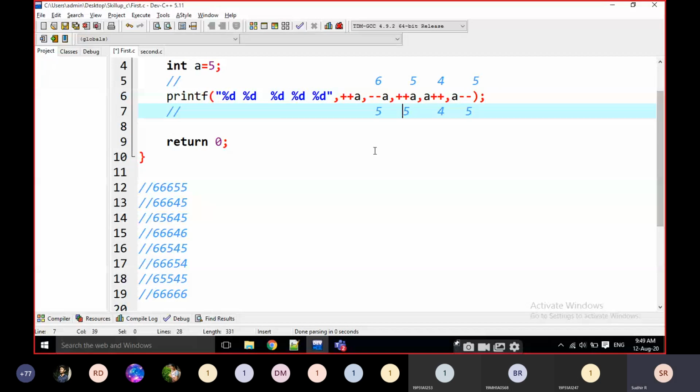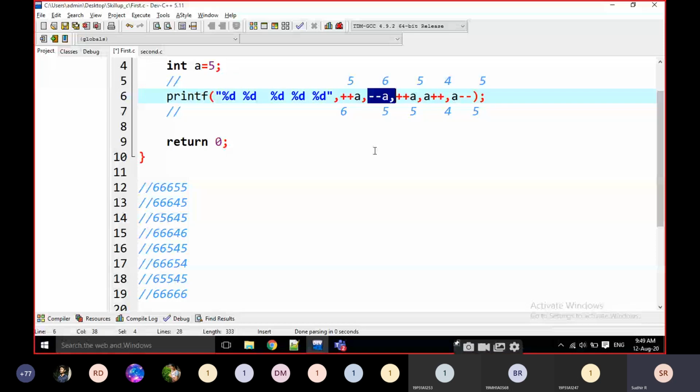Then a is moved to here. And this is also pre-increment. Pre-increment means 5 becomes 6 and 6 is printed. Are there any pre's here? Yes, there are 2 pre's, this one and this one. Then 66645 is the answer.